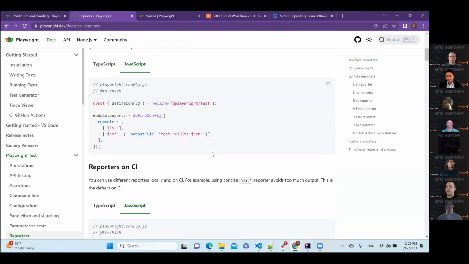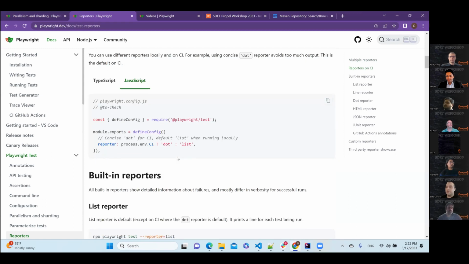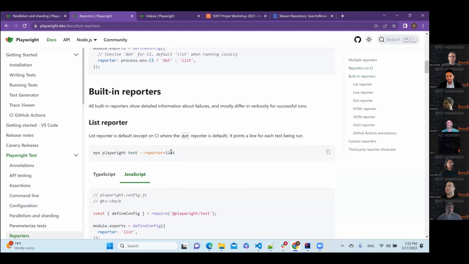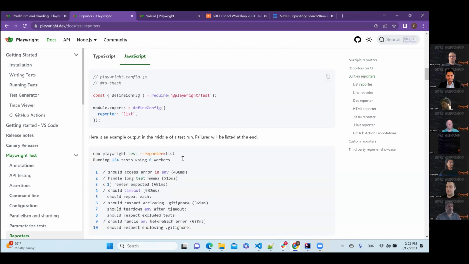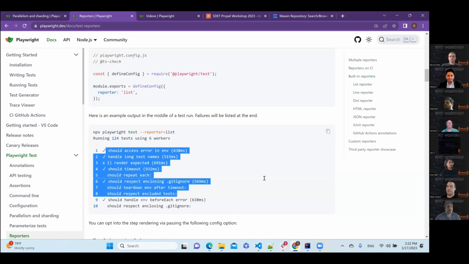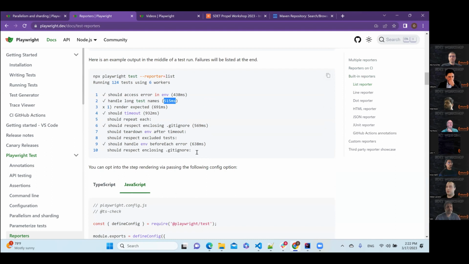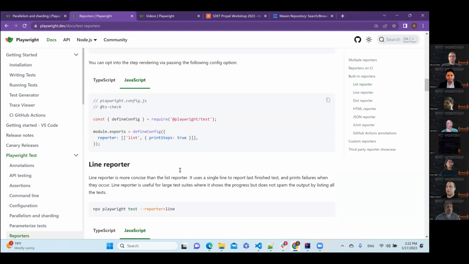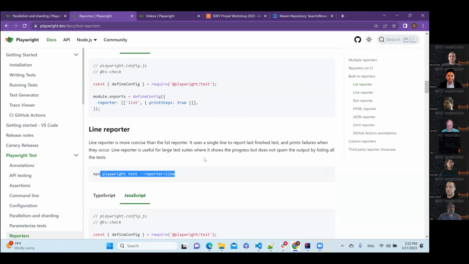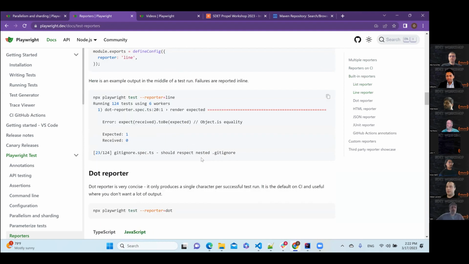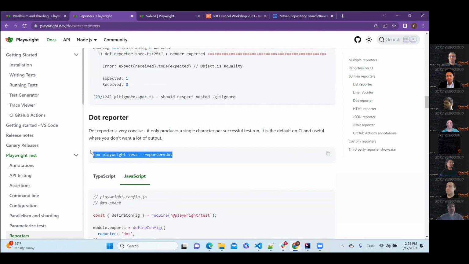What do we have more? We have a list report. It looks the same, honestly. You can see if something failed or passed, and execution time information. Okay, line, same. And dot, it's not very useful, it just shows different types of dots for pass or fail.